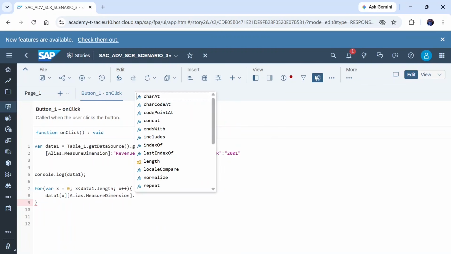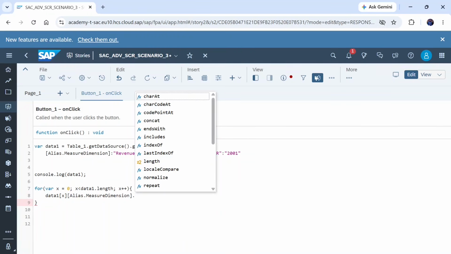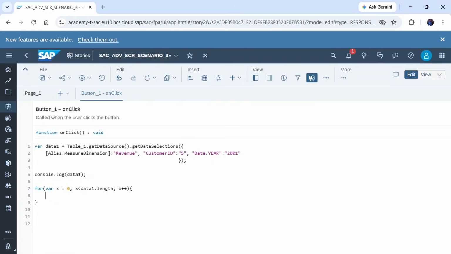Measure dimension, and then in the dimension we have to. So by iterating, we have the object, we have the particular record in our selection. So for getting the value of a cell, we will use again the variable here named cell is equal to